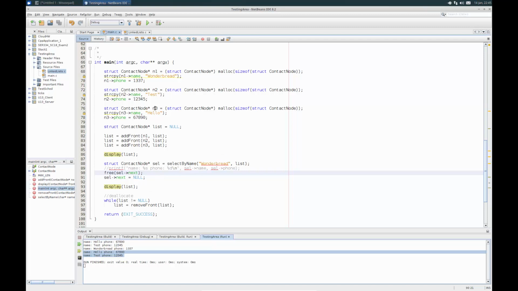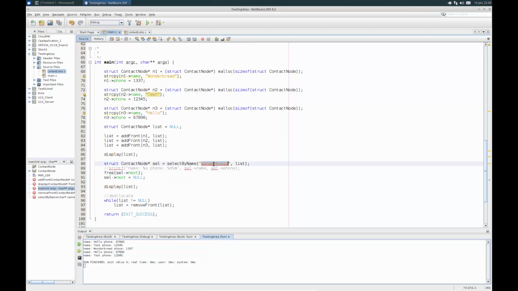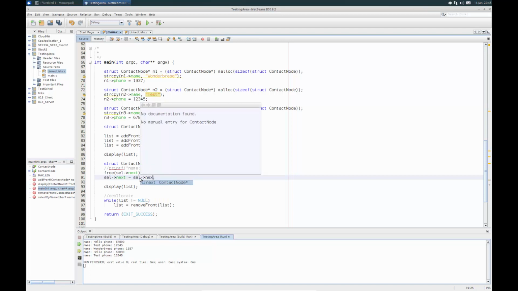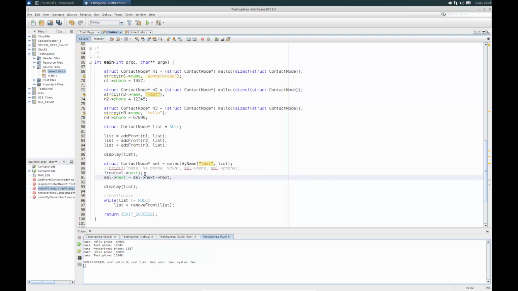Another example. Let's say we want to delete test. Let's put test in here. So we have test over here. Now we're going to return hello. Let's see, how do we do that? We would actually do a couple things here. We would do the following: cell next equals cell next next, because you can picture in your head, right? You have those three nodes back to back. You search for the middle one, you return the previous one. How do I splice out that middle one?